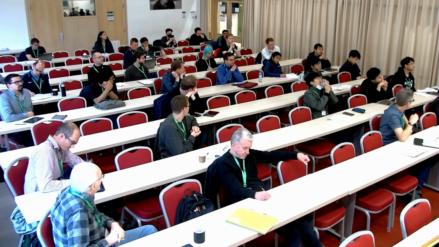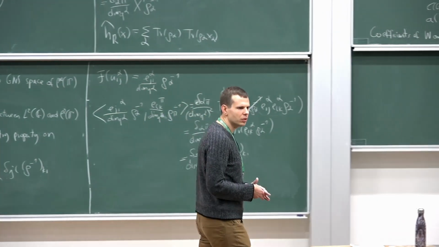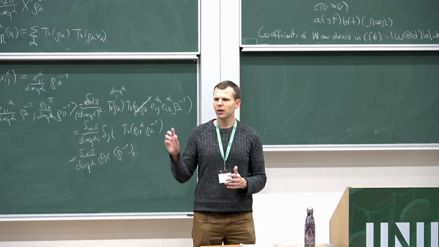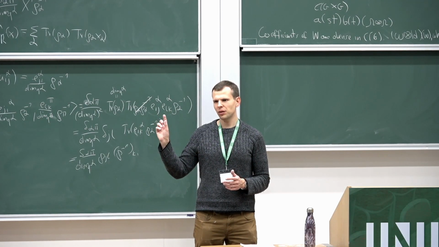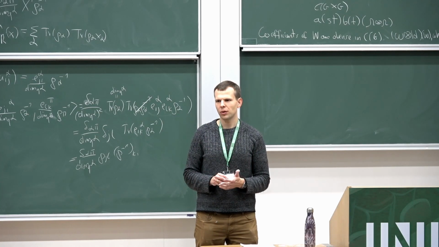Yes? So you were able to write down a co-unit. Can you write down a nice antipode, or is that still hopeless also in this case? I think you can write the antipode on the finite thing, but you don't have a nice formula. Like for the compact case, you had a nice formula on the matrix elements, right? That S of U_ij is U_ji star. You don't have a nice formula anymore.